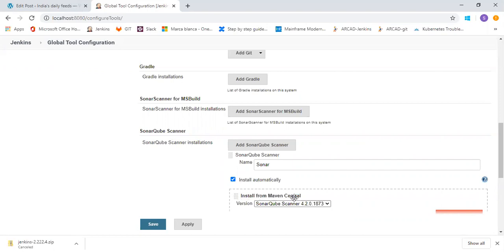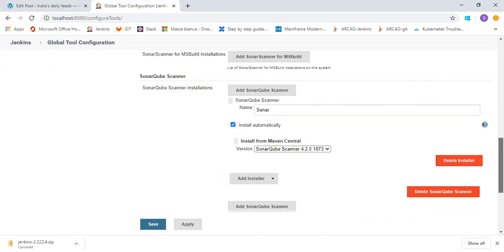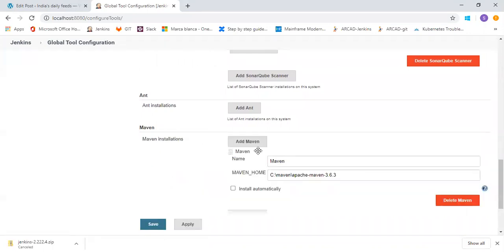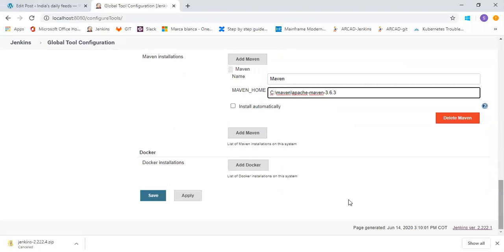It will get installed from Maven Central. For Maven installation, you have to give the path of Maven. This way you can configure the software which is installed on Jenkins.